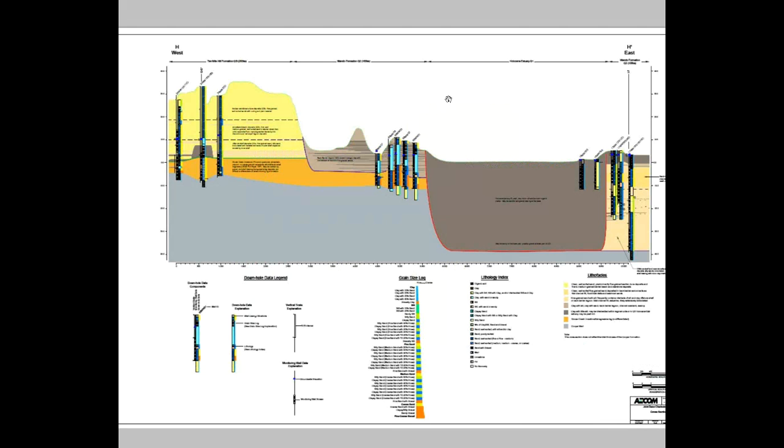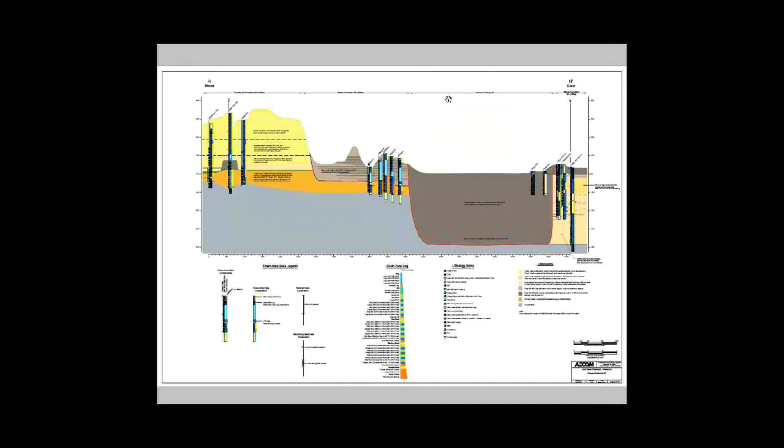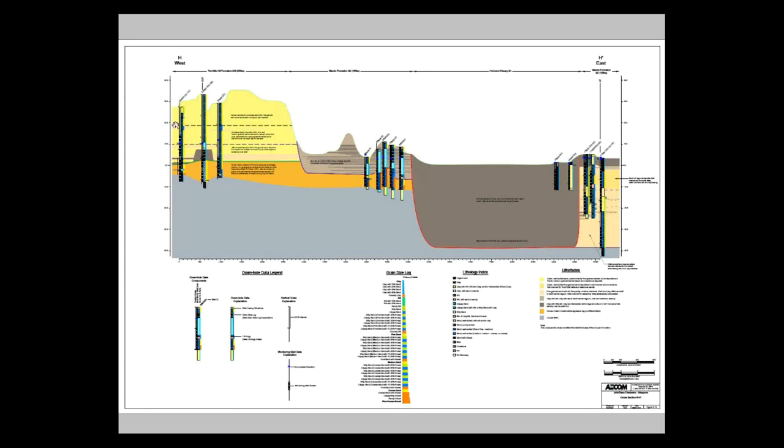This is the cross section that crosses from the back barrier across Goose Creek estuary into the back barrier of another depositional environment, and then into the beach dune facies of another transgressive regressive sequence. So on the left side of this thing, we have beach dune and wind-blown deposited sands here. This would be on the right-hand side of my depositional model. And then the Goose Creek limestone and one of these little cat's eye things here, and then the Cooper marl.